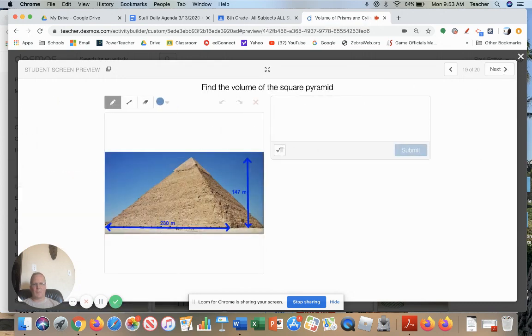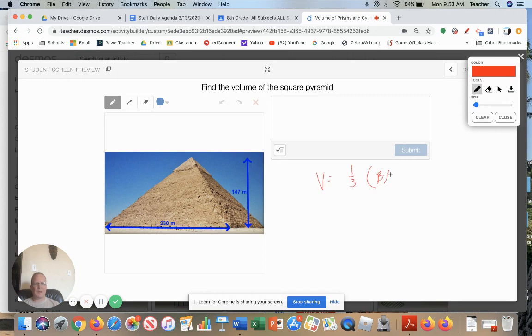What do we have here? The Great Pyramid. Okay, so it is a square pyramid. Okay, so again, what is the volume of a square pyramid? The volume is 1/3 times the base area times the height. All right, so that's going to be 1/3 times, the base area is a square, so 230 times 230. So 230 squared is the base area times 147. So in your calculator, I would do 230 squared times 147 and then divide that by 3,